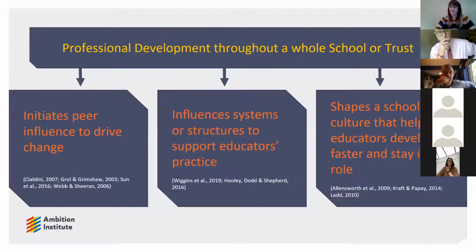Another key piece of evidence tells us that leadership is second only to classroom teaching in its potential to generate school improvement. Leaders can impact on the quality of teaching through creating the conditions, so the school culture and professional environments where teachers keep getting better through high quality professional development, where behaviour is well managed and where there's a strong collaborative culture. This shows us what, when implemented properly across a school or trust, professional development does. So it empowers staff to work with their peers. It removes the onus from perhaps just one or two senior leaders in charge of coaching and developing all staff, and instead creates a culture of feeding back and striving for development. It makes that the norm.